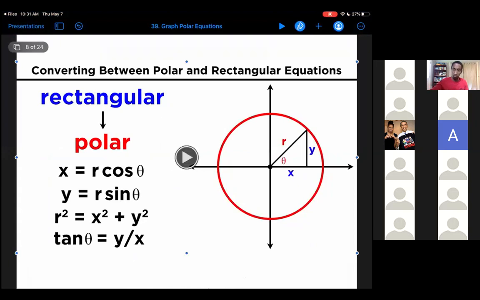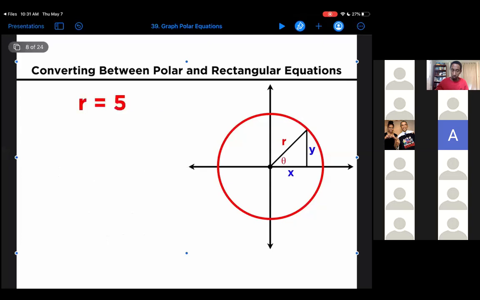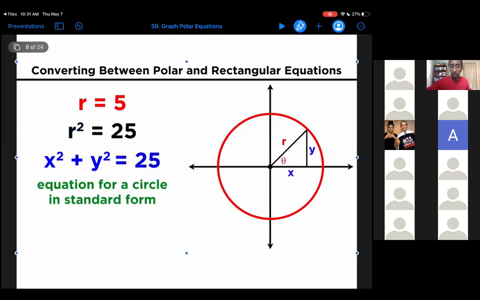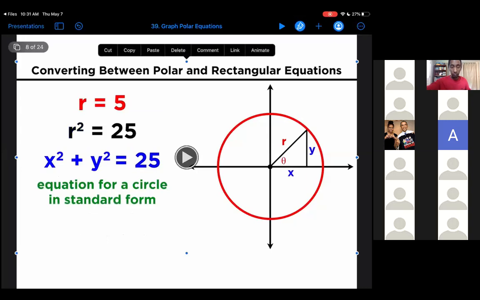rather than in rectangular coordinates. Take the graph of r equals 5. This is a circle with a radius of 5. To convert into rectangular coordinates, we could square both sides and then change r squared into x squared plus y squared. This should look familiar, as it is the form for the equation of a circle that we